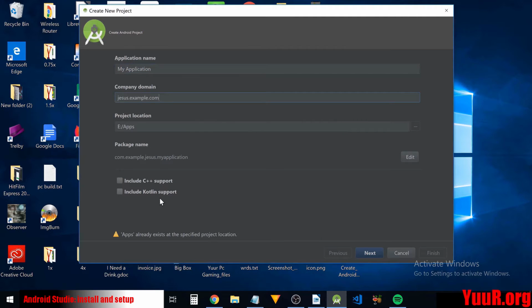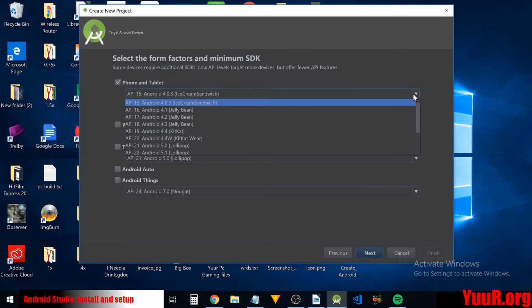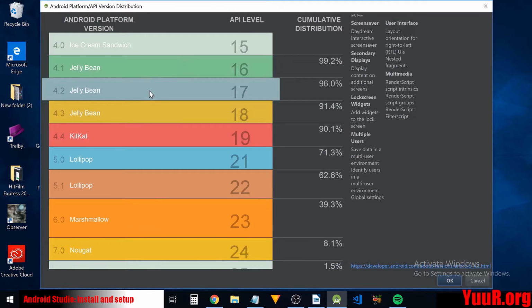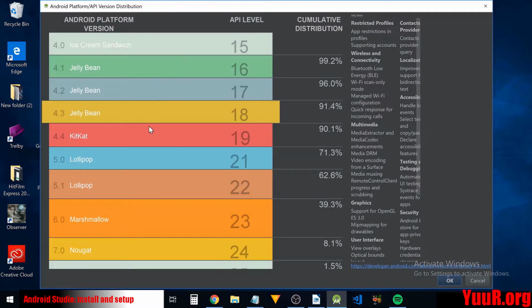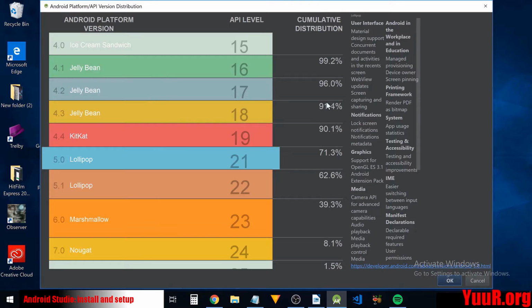If you prefer to program in C++ or Kotlin, you can choose to do so now. Otherwise, hit Next. Now you get to choose your minimum target API and the different devices that you want to program for. If you want to know more about the different APIs, select Help Me Choose. In short, APIs are different versions of Android that have been released. More recent APIs are going to give you more functionality, while older APIs are going to give you access to